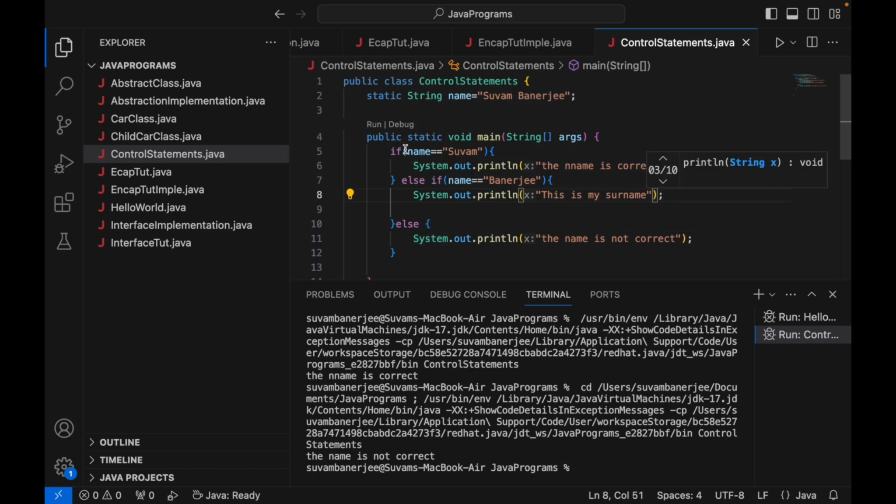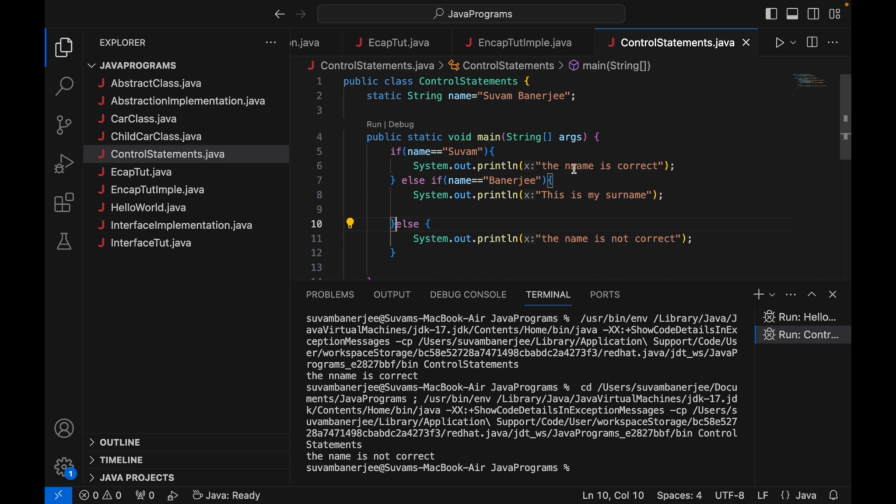If all these conditions are false, like in this case, the name is Subham Banerjee, but we are checking if the name is Subham or if the name is Banerjee, right? So all these conditions are false, then this particular else block will be executed and the name is not correct